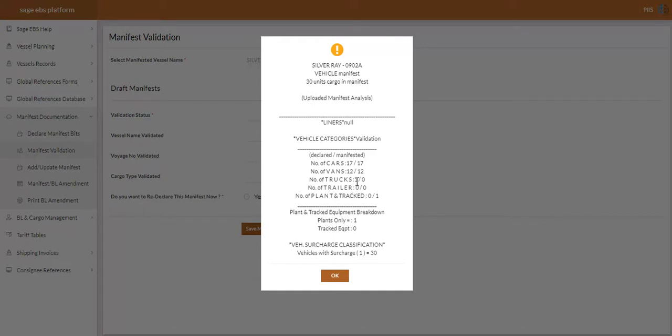Now, as we have it here, we have number of trucks to be one as declared by us, but according to the manifest that was uploaded, instead of having the truck, it is actually plant that is supposed to be there and not truck. So while I declared number of truck to be 1, which is actually 0, according to what the SageGBS application could derive from the manifest using the CBM to do vehicle classification, it is actually plant and not truck that I declared.